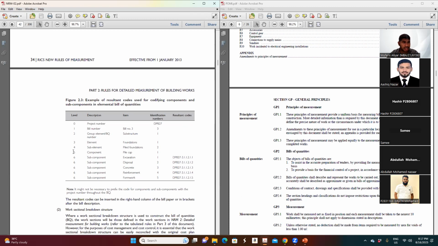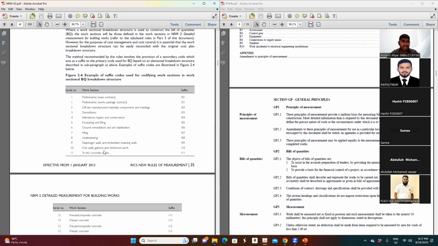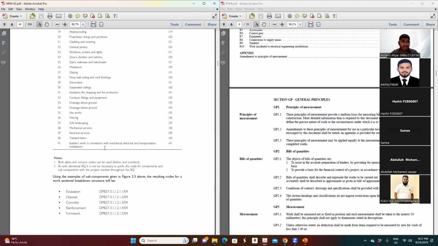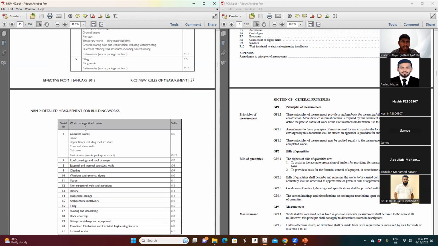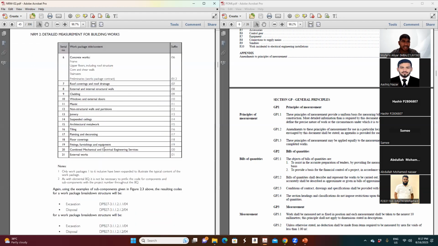They talk about the coding, I mean how you code it like a system. We have a coding system. Similarly in NRM also they are trying to introduce some coding system. But spend some time to read it and understand. It's not a difficult one because every section has